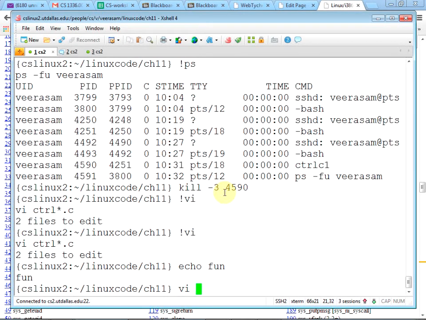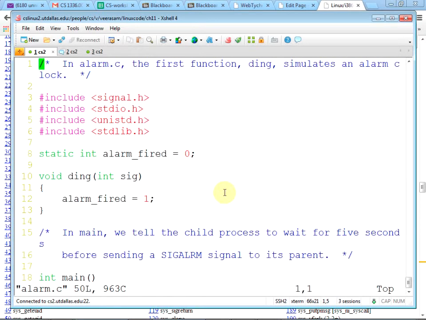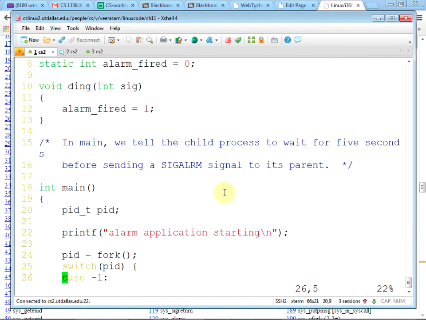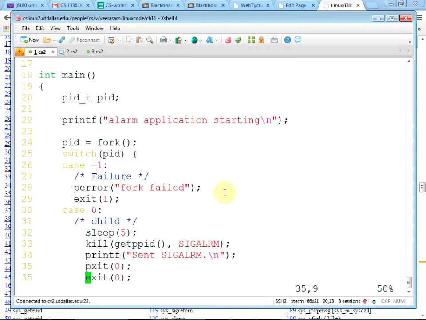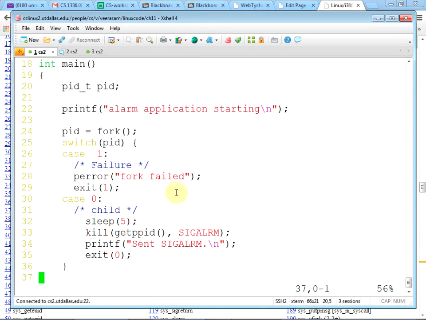let's look into that one, alarm.c. So here is a program, you fork. Now we are really going to control, instead of the user controlling, there are two tasks, and we are going to control from the child to the parent.